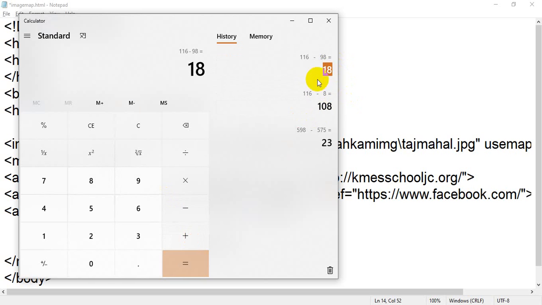So it is okay if there is a difference of 2 point, 3 point, 5 point. You can take the value as 18.